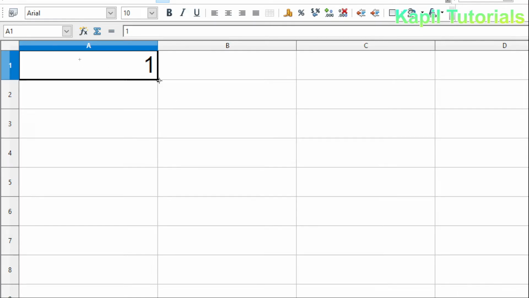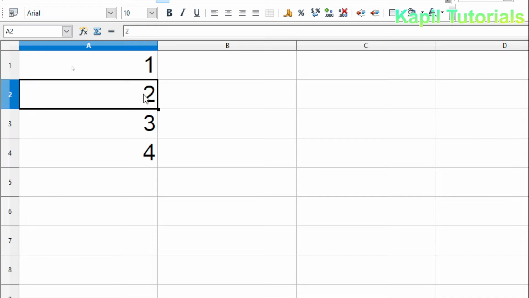I'll bring my pointer here and press my left mouse button and drag it from there, and you could see the numbers start increasing. By using this method, I can simply write the numbers in sequence like 1 2 3 4.